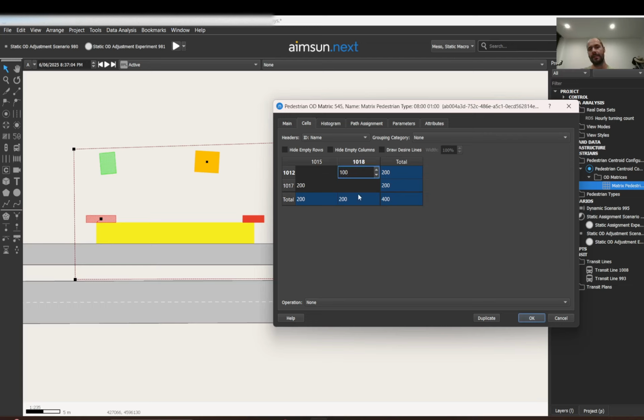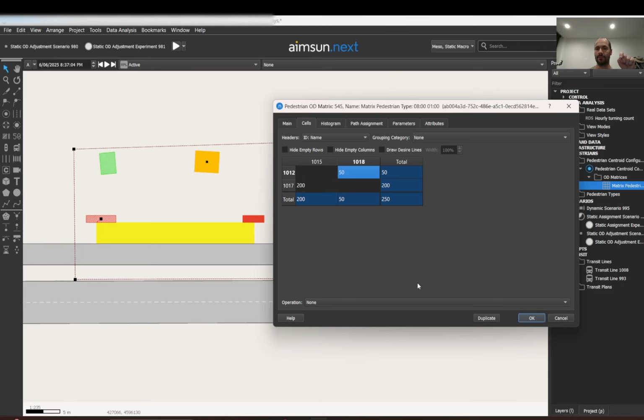So if I put here 100, that means 100%. So all will go to the exit. If I put only 50 here, it doesn't mean 50 pedestrians will get off the bus. It means 50% will go here from that